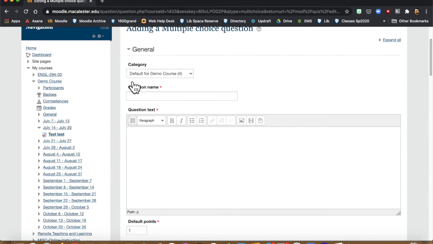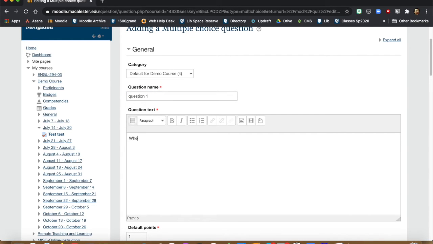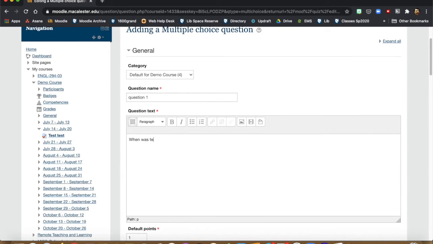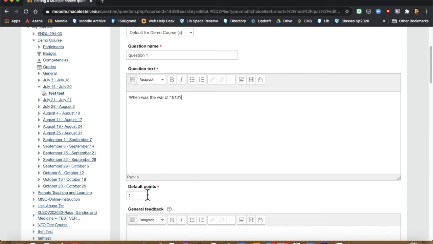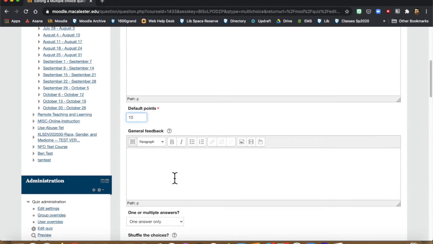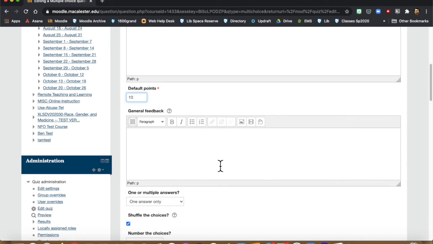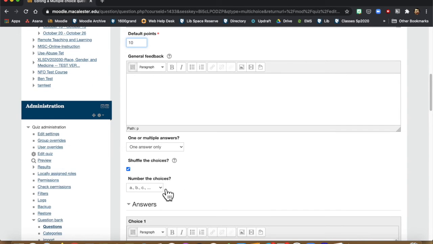You can specify things like a category here. You have to give it a name of some type. Question 1, we'll call this one. We'll ask, when was the War of 1812? This is the question text, also required. Default points, another requirement. You have option of doing things like leaving feedback for the overall question, or specifying how